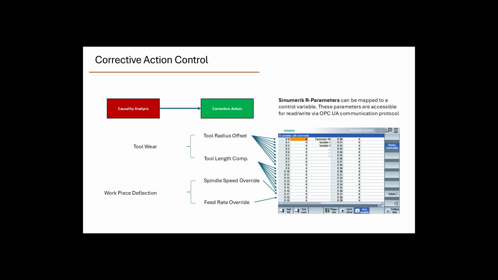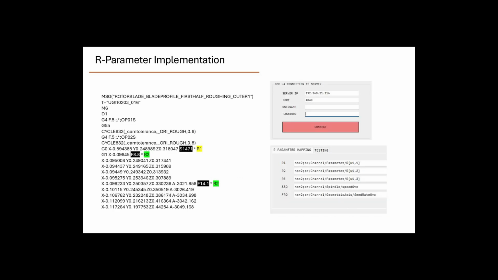So what we do is we use the function on the SINUMERIK control. The Siemens gives you R parameters. These are variables that you can use in your G code to apply a multiplication factor. What I mean by that is, a multiplication factor. So here in the G code, what you can see is the way we use the R parameter